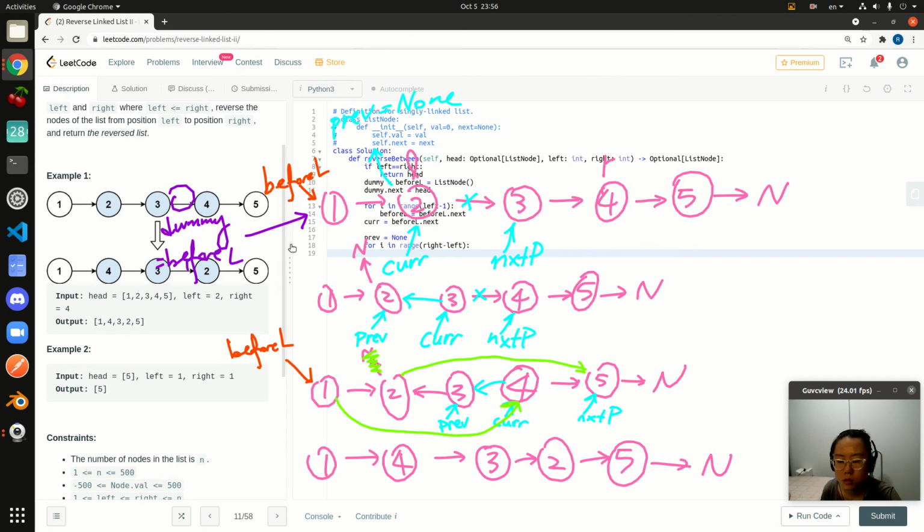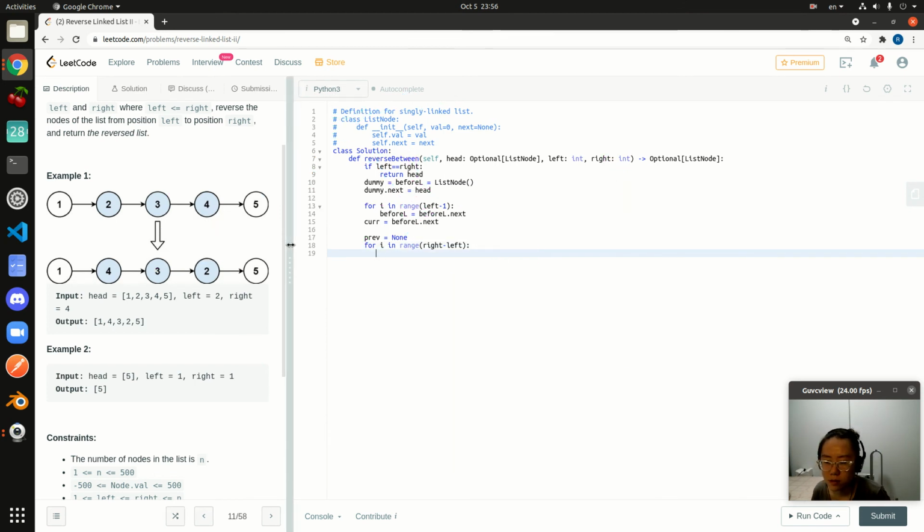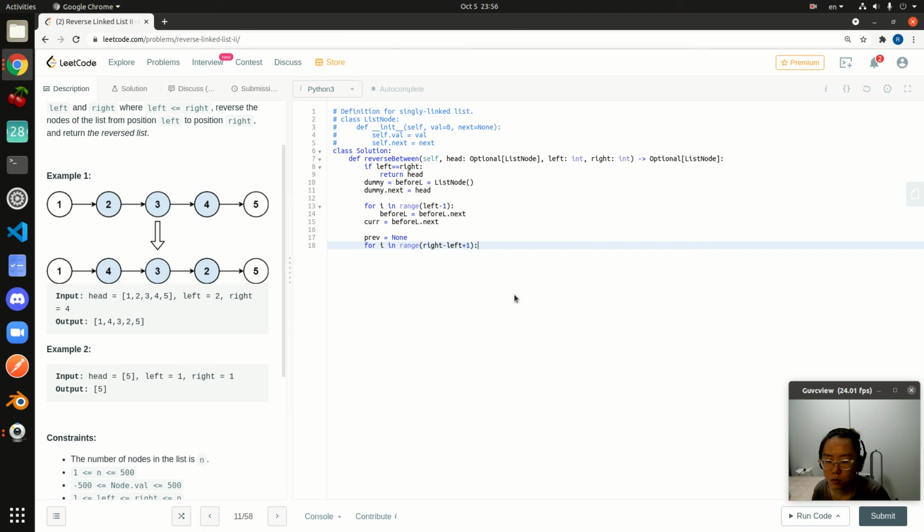So that's only 2 because Python's range is 1 less than the argument you pass in. So we have to add 1 to it. Let's just use the mouse. Okay, so with that done,